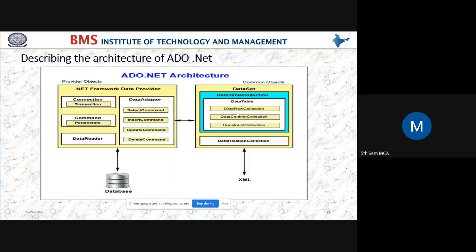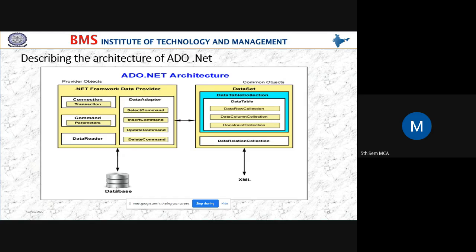As we know, ADO.NET is a disconnected architecture. So here the data set will be separate from the data source. See, where is the data source? Here is the data source. Yes, students, this is a database. Can you see the diagram? This is a database in the ADO.NET framework.